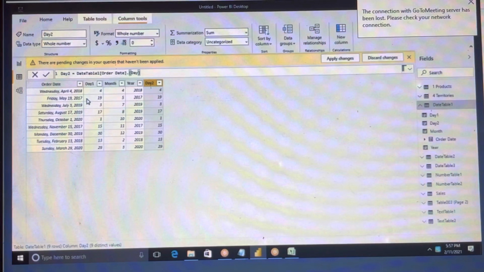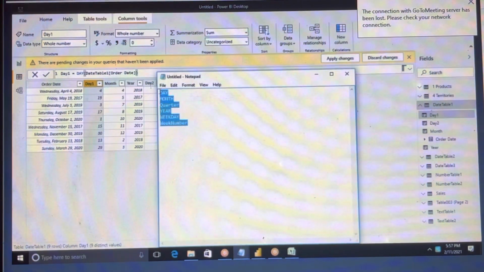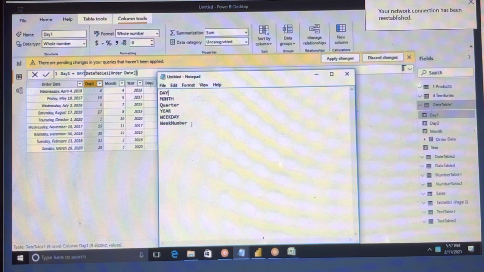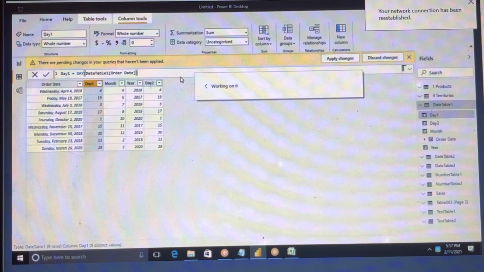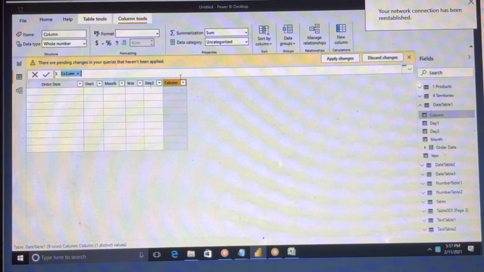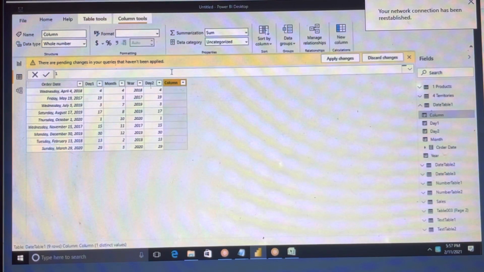See, you are getting day 1 and day 2. So how many DAX functions do we have for this in Excel? You have 5. You can play day, month, quarter, year, weekday also. You can write weekday also, week number also. Same similar. Click on new column and, for example, you can write week number.